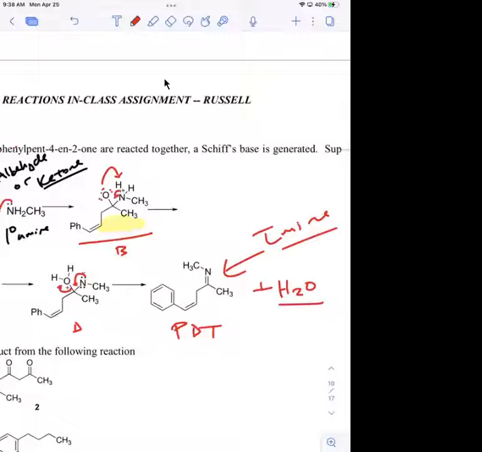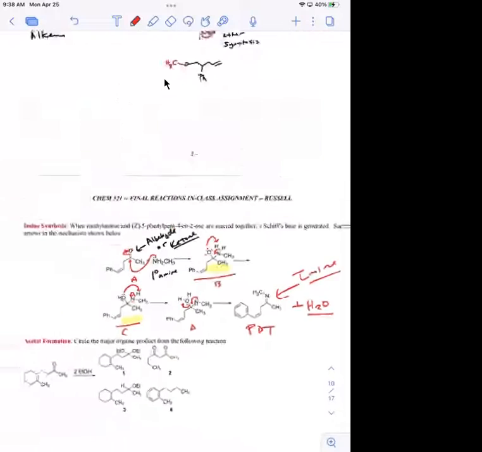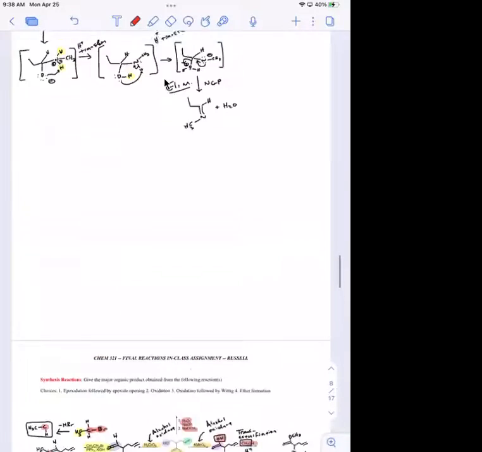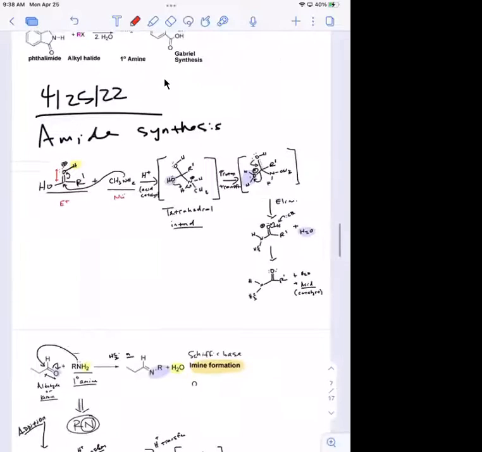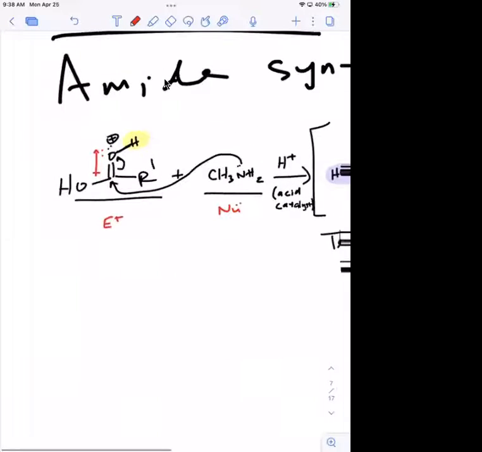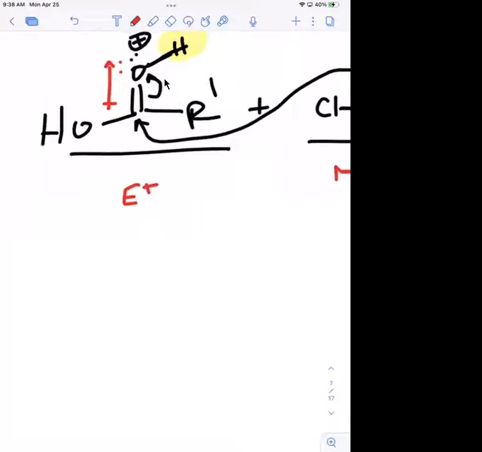Like, how would you know when that will occur? Well, okay, so with the amide synthesis, look at what we started with. We started with a carboxylic acid, right? That's a lot less reactive than an aldehyde. And that carbonyl carbon is less reactive than an aldehyde because of the electron density on this oxygen,